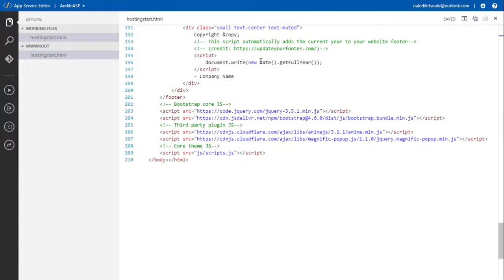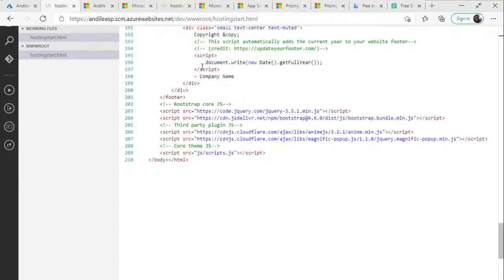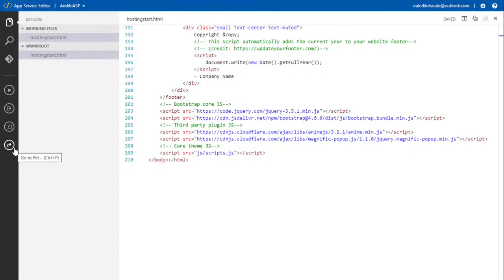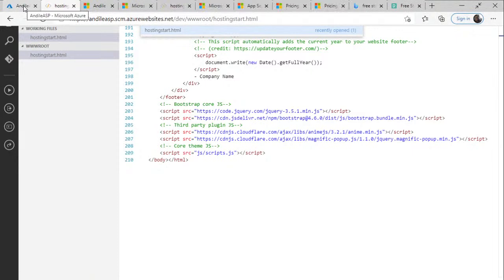So that's pretty much it for App Service. We got the gist of how to work it. I'm going to exit this one for now. And I just literally want to find out before I exit, are there any questions about what we've done with this first website?